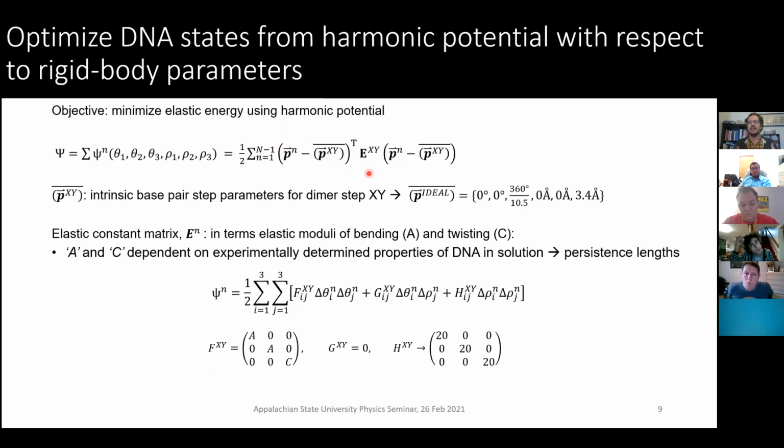And when we say force field, it's the combination of our intrinsic rest state parameters, which we can model as a straight line if we wanted, and the elastic constants matrix. Now, this is a collection of interactions between translational and/or rotational parameters in terms of stiffness or flexibility. If we wanted to model a very stiff polymer, then we would just sit here and say, well, maybe our bending parameters are very high, or our twist parameters are very high, or low if we wanted something that's flexible.